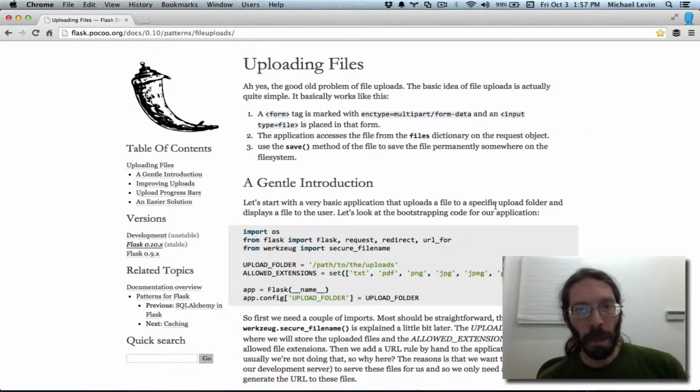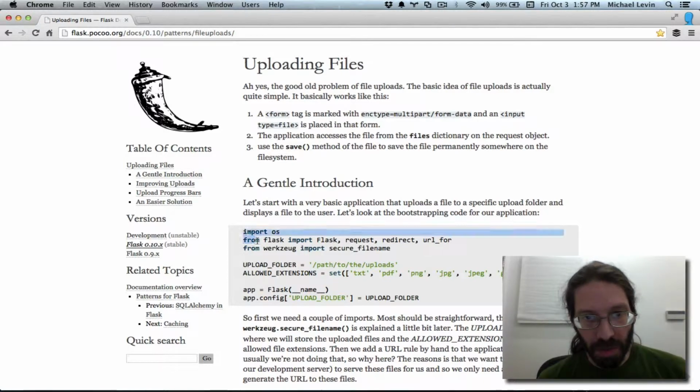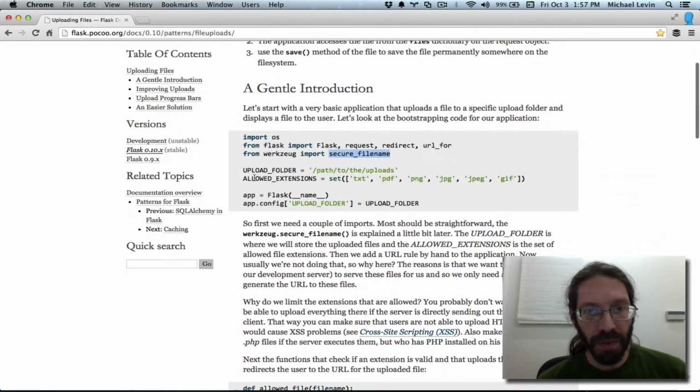Okay, what we have here is uploading files, a gentle introduction. And you can see there's a couple of imports, and there's this odd thing called secure file name that has to do with never trusting user input. And then we set, you see these all uppercase, that's a Python convention for a constant. Even though it doesn't enforce constants, you know you're looking at one. And they're setting a path, and then a set of allowed extensions. It's fed in a list as a set,